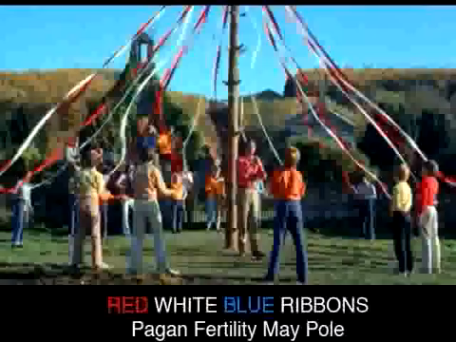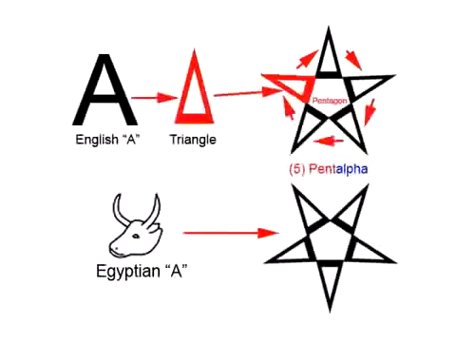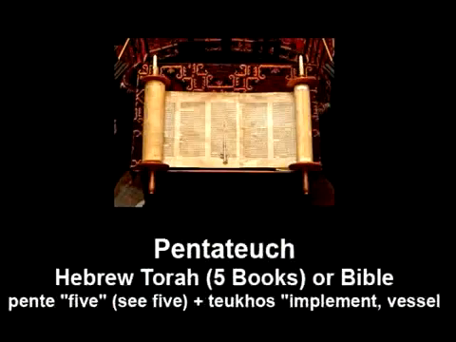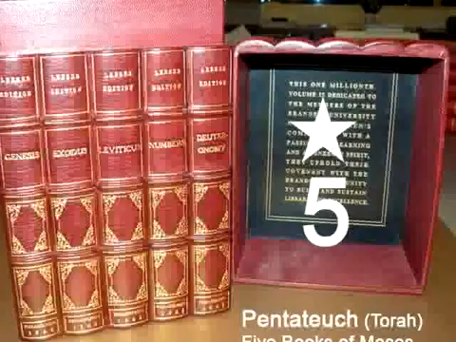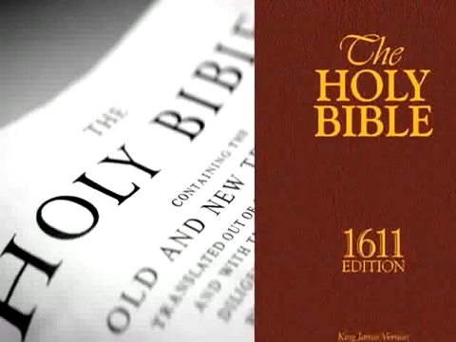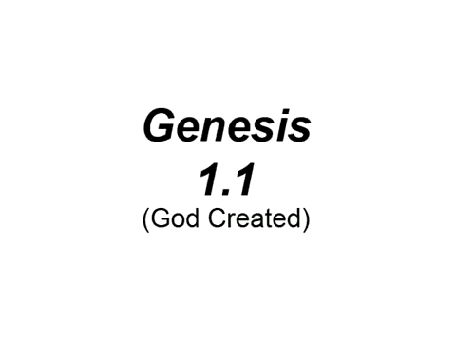And of course, this is why we have the fertility of the May pole. Now, of course, the pentalpha, or the pentagram, comes from the 5 alphas, the 5 meaning penta, which brings us to the Hebrew Torah, which of course is the 5 books known as the Pentateuch, which today we know as our Bible. And for those of you that know your Bible, then you'll know that the creation story in Genesis 1:1